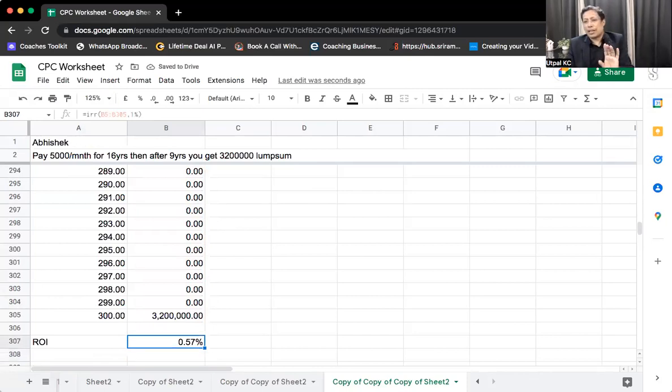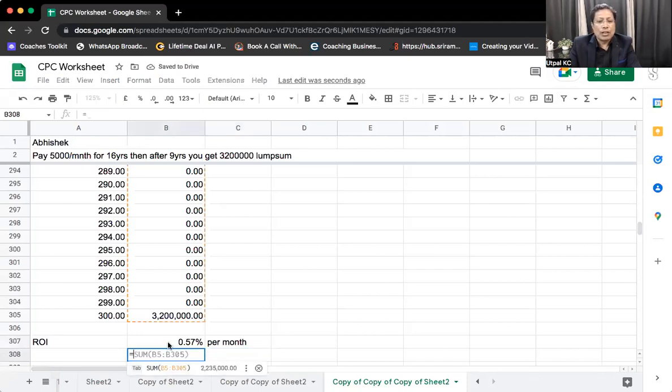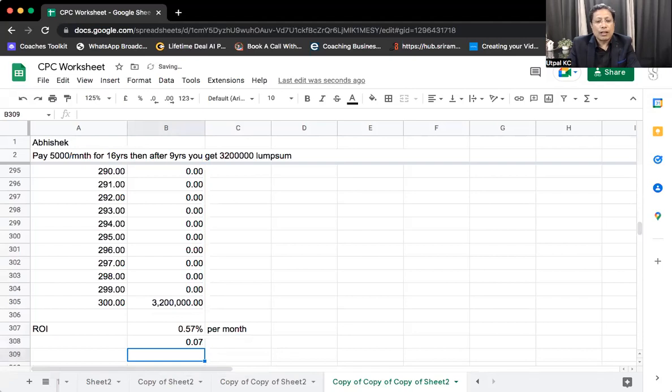Okay, you'll have to give 1% now because there is too much data. That's why 0.57%. When there is a very huge number of data, you'll have to give 1%. Always give 1% at the end, and you will get the correct answer. So this is 1% per month. So this 0.57% into 12, how much are you getting? 6.78% per year. Got it, Abhishek?